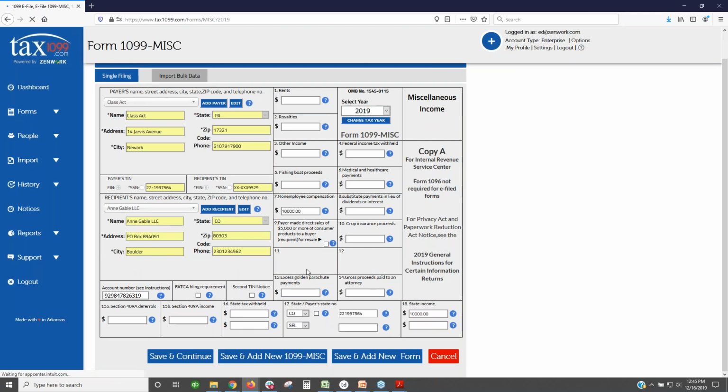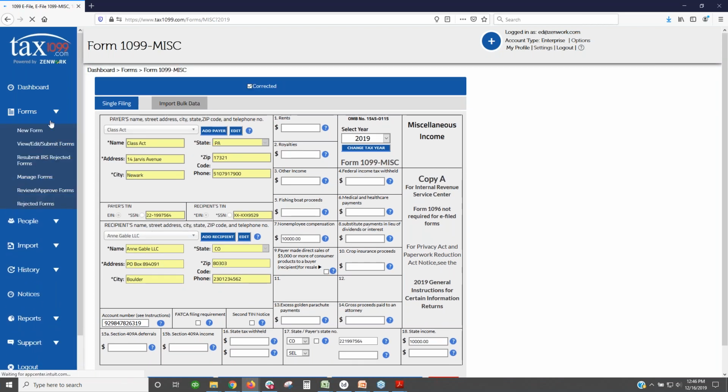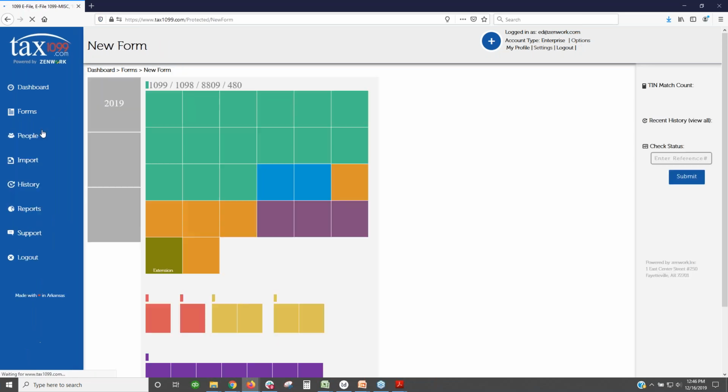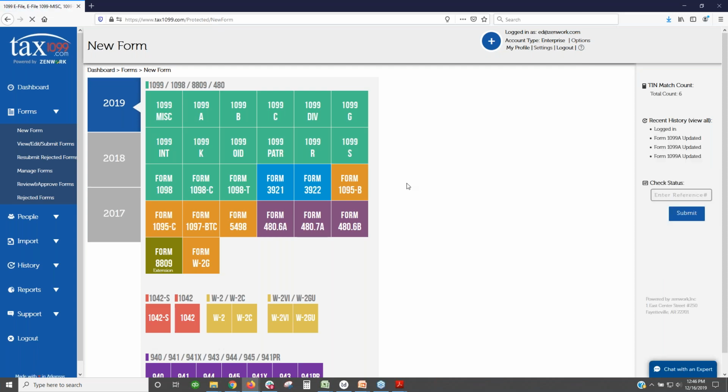You can choose to have a copy mailed to them or attend that. You can do all those same things that we saw before. So doing a corrected filing is as easy as that. I'm going to flip back over to the forms for a second, because this is also where, if you have a client who just needs to do maybe one dividend form or one interest form, or they've got some real estate property and need to do one form 1098 or two forms of something,